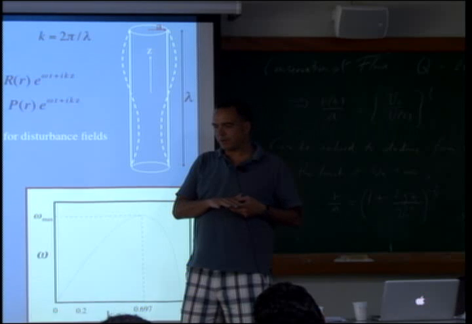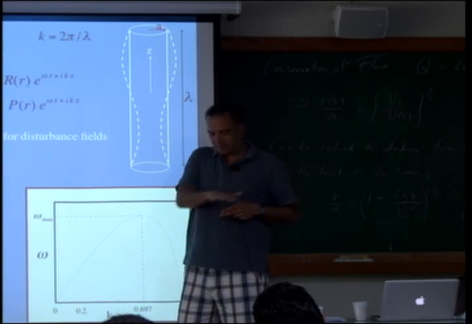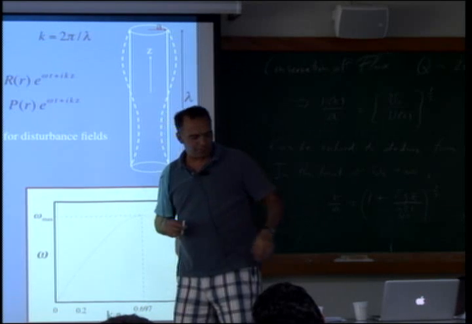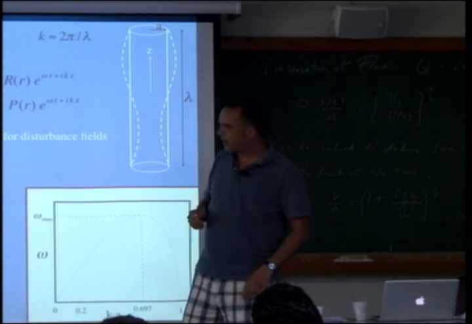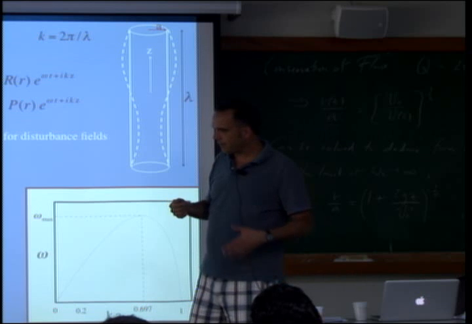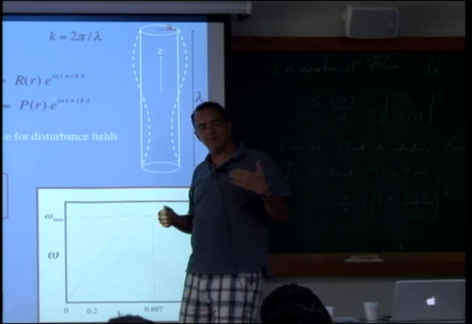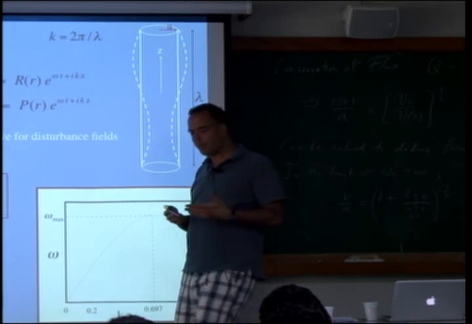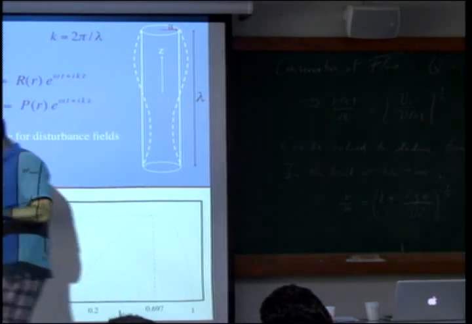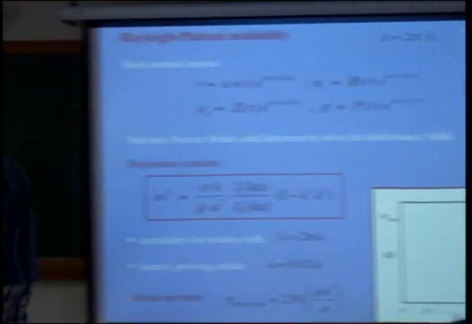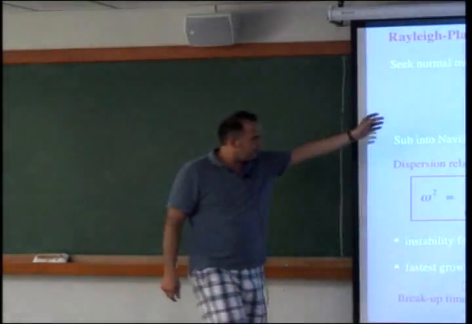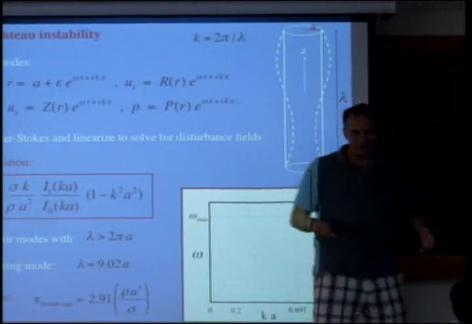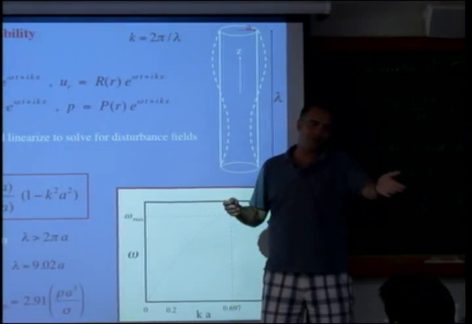So there again, you have a basic state, which is a flat interface, and then you perturb it, and you look to see which wavelengths grow. And what you typically find is that some mode will have the fastest growth rate, right? And so if you imagine that in a physical system, there are always perturbations around. So if you have an infinitesimal thread, there will be wind, there will be this, and any disturbance can be decomposed into